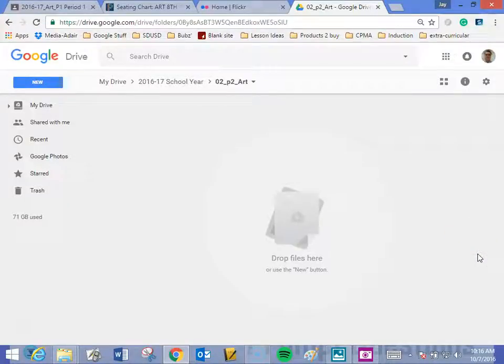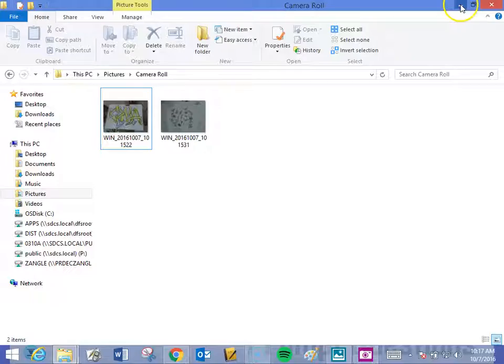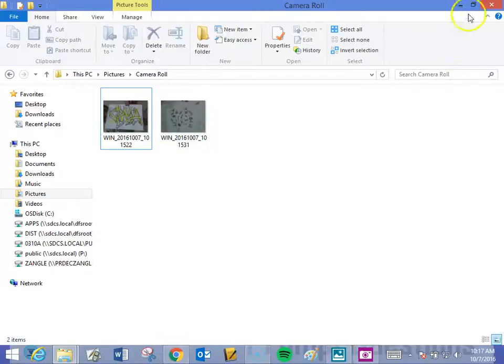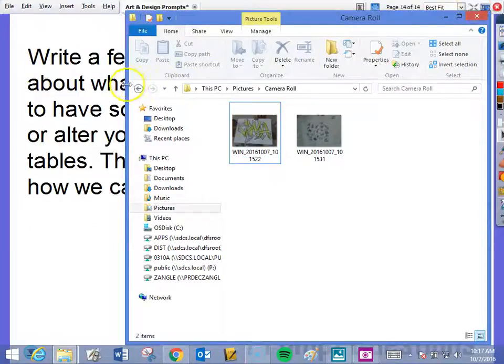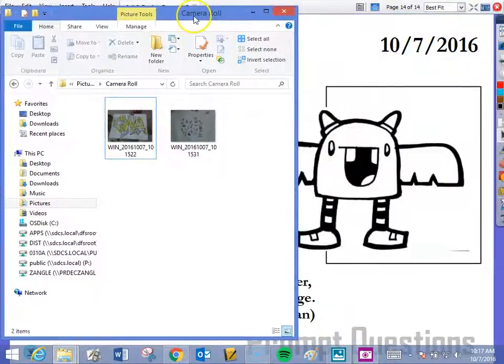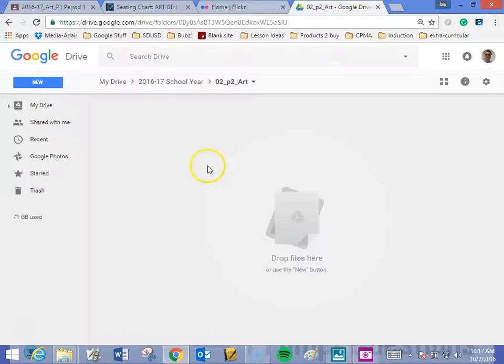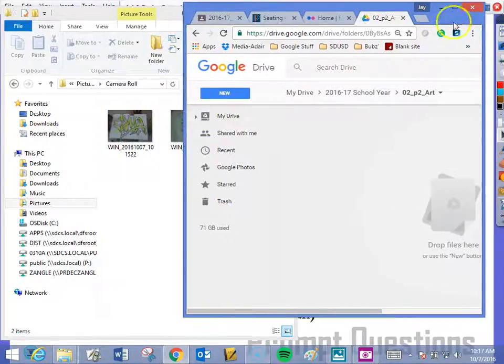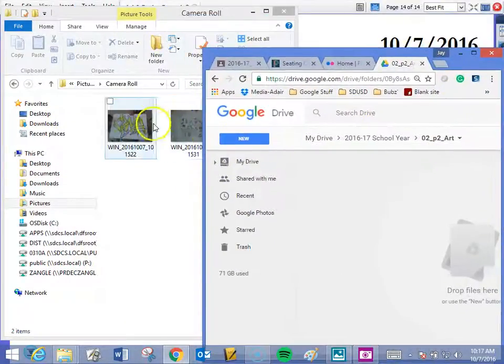If you're doing this on a computer, desktop system, you can just minimize the window like this. Whoops. Like this. This is my camera roll where I just took the two pictures. And this is my Google Drive. So the easy way on a desktop would be to just select these two pictures and drag them over into this window. If you're on a phone, you need to click New,